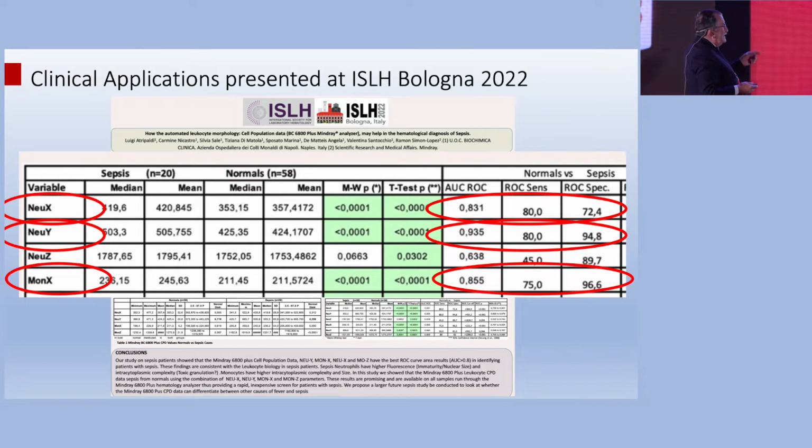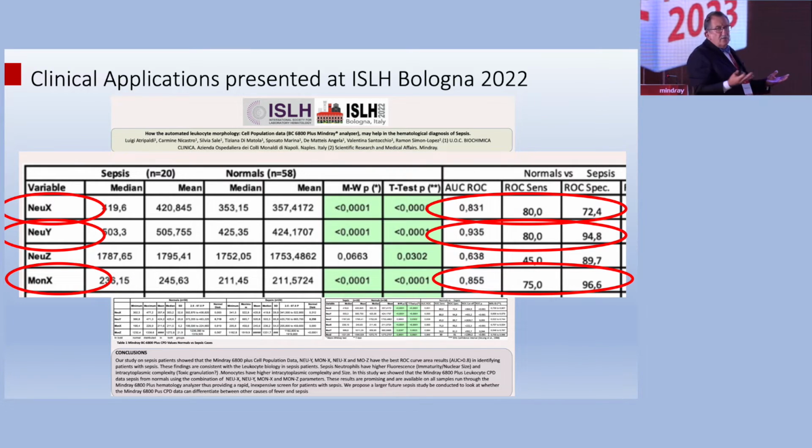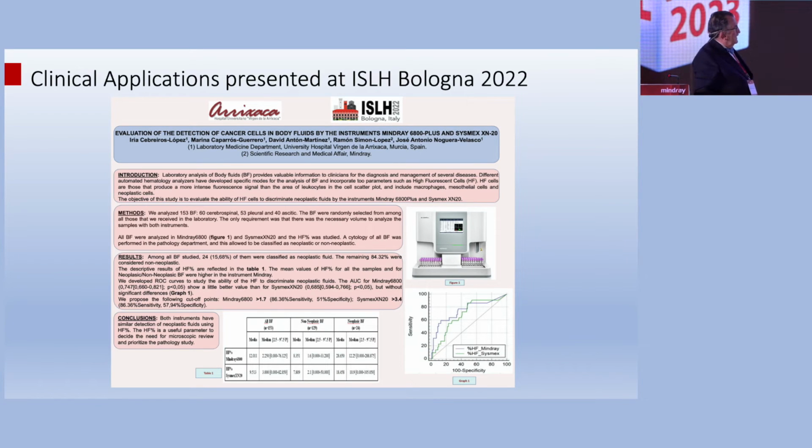And the monocyte X, 0.855. This is amazing, and only with parameters that are incorporated in the instrument for free. Last but not least, this is not cell population data, but it also uses the position of the cells. It was a very nice study comparing